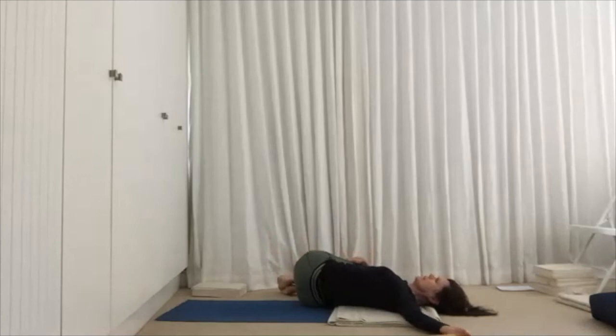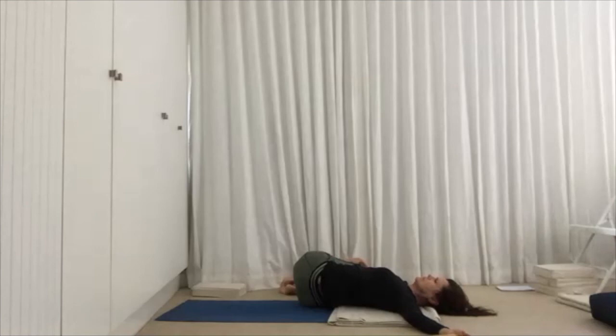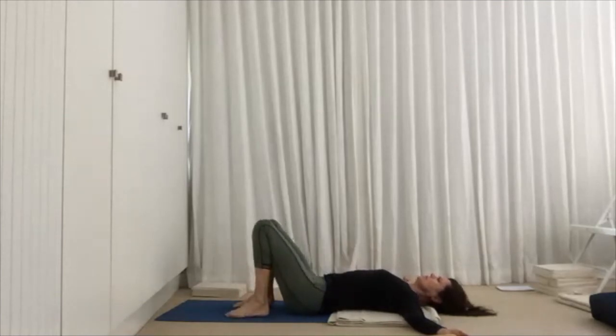Now make your left shoulder heavy. And breathe out. Long, releasing exhalation. Abdomen right to left. Soft, organic body. Release your right hand, draw your legs up to center, put your feet on the floor, and just rest your